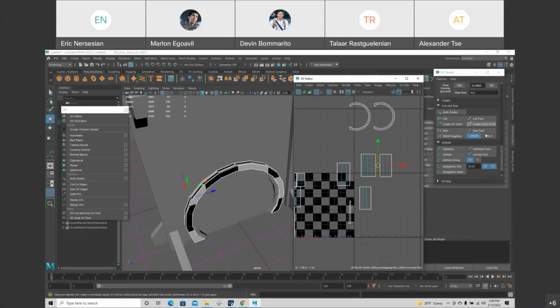So now there are some sewing tools. If I just sew it, notice how it took the average position between the two and placed the edge on top of it. I'll undo that. That's why I spent the time moving them close and flipping them around so that they're aligned really well and really close. Because when I sew, it's going to take that average position of the two edges and make one.